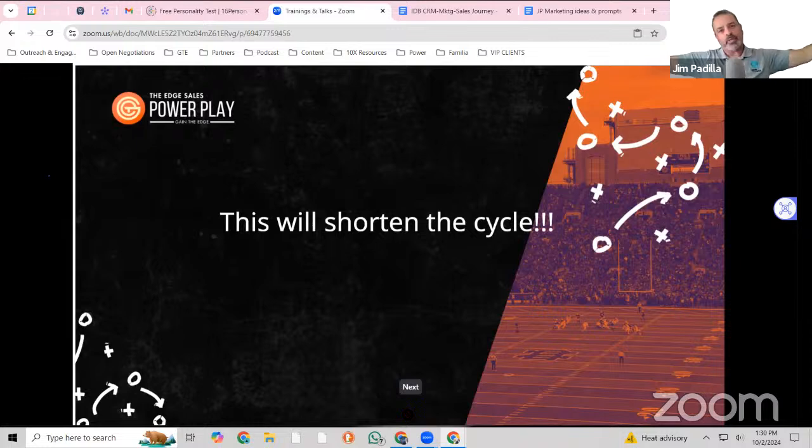Amen. You end up shortening the cycle because you have now moved them intuitively, strategically, powerfully, and predictably to a way to make a powerful decision that will make them feel good. You will earn trust, consistency over time. You increase the speed of trust. You shorten the sales cycle, and everybody wins.